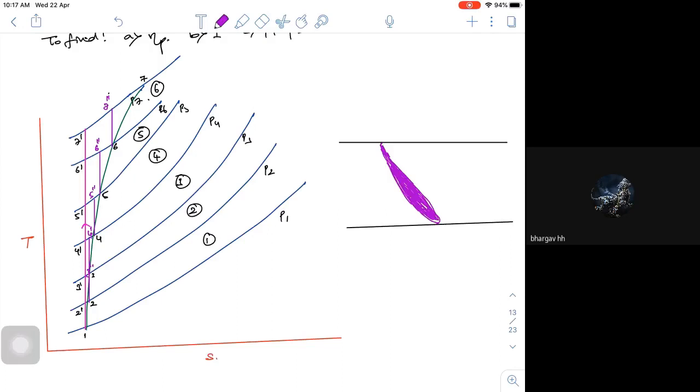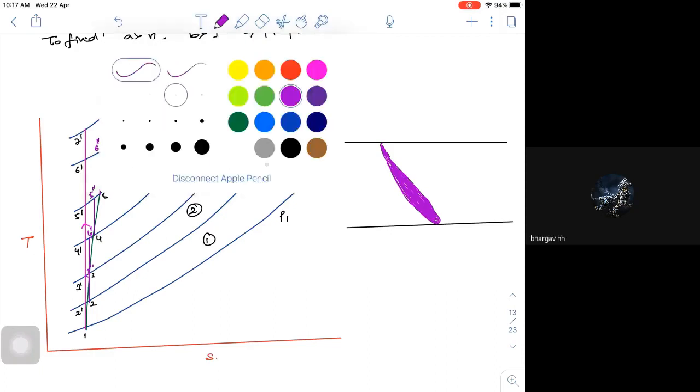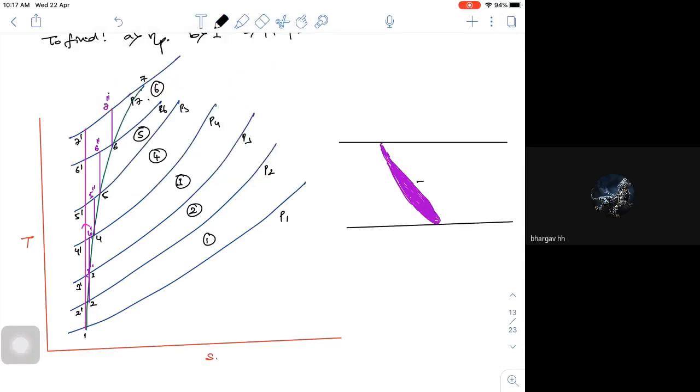Okay, this is my blade, and if you look at it, this is my suction side, and this is my pressure side, and the minus is my suction side. As the pressure is getting built up, this will be my direction of rotation. Now let's draw the inlet velocity triangle.